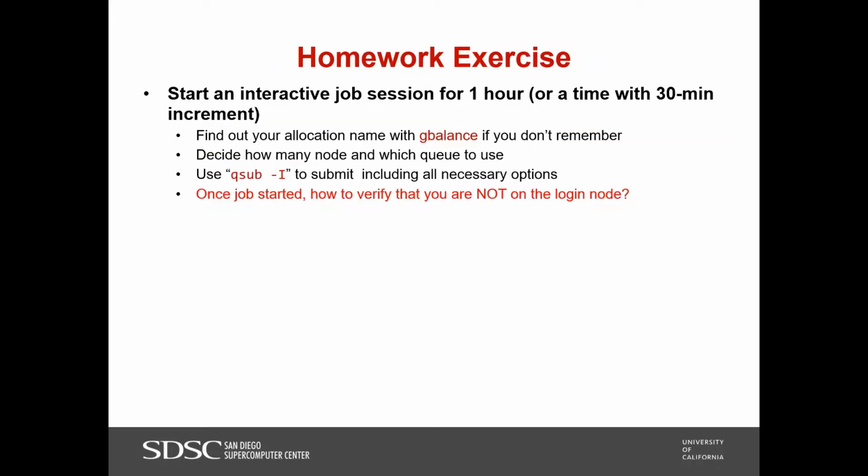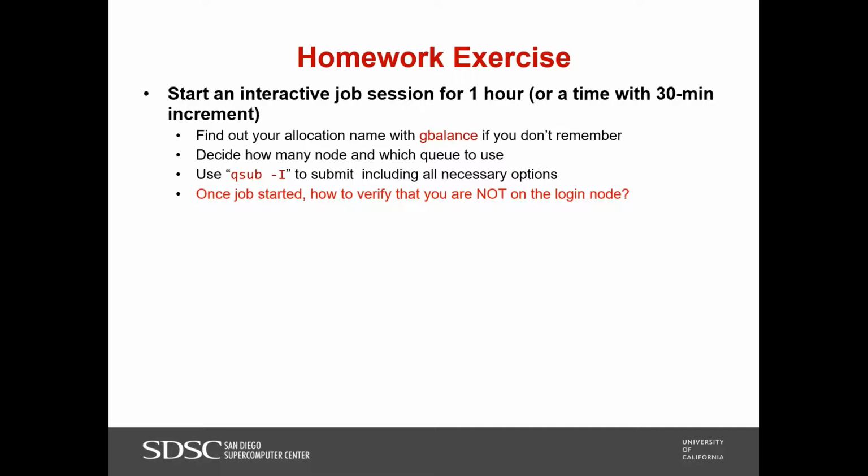And the next two slides are another homework exercise for you. We won't show it here, but I encourage you to finish the homework after this training. So what is it? Here you practice how to start an interactive job for one hour, or for some time you can specify.